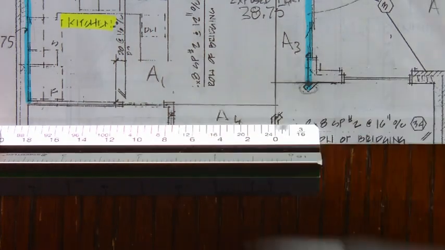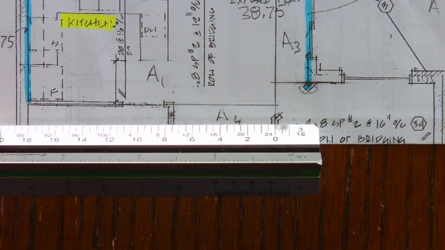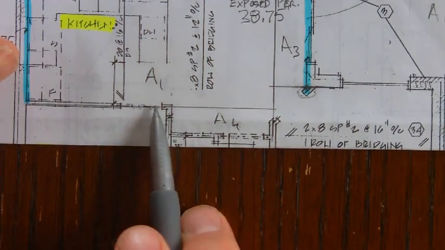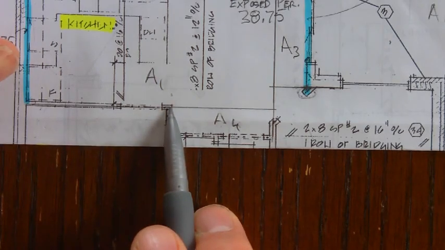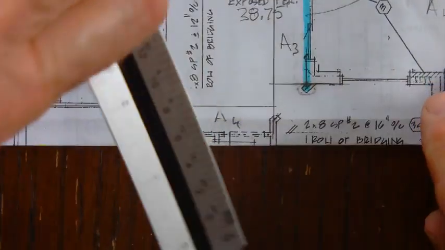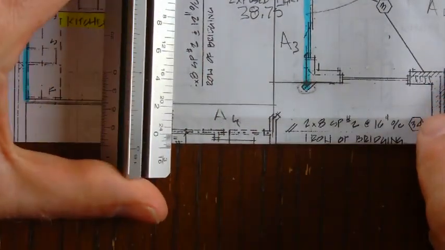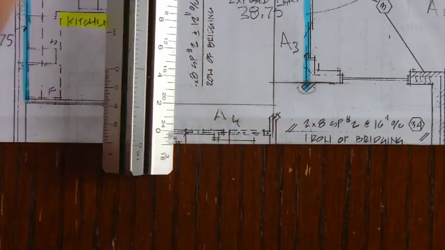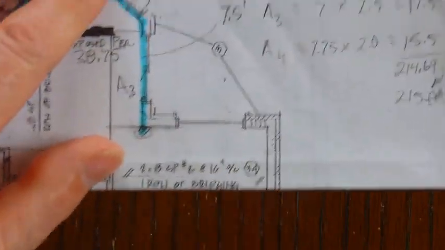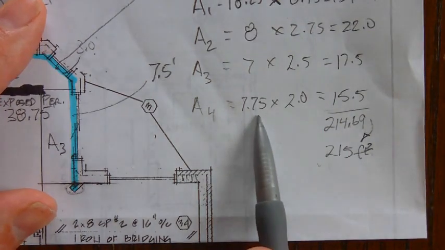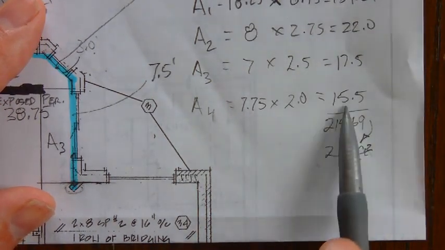So that means we're going to make that 7.75. And the width of the rectangle is essentially also measuring from interior partition to interior partition, so center line to center line. So when we do that, we get 2 feet. So therefore, we've got 7.75 times 2, giving us